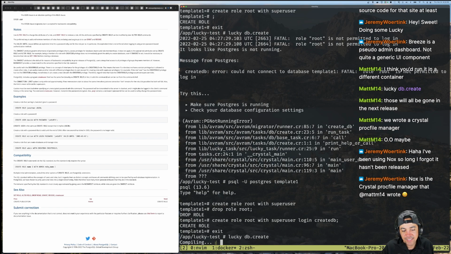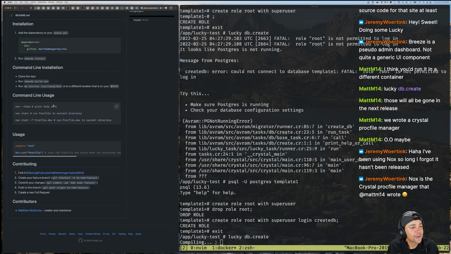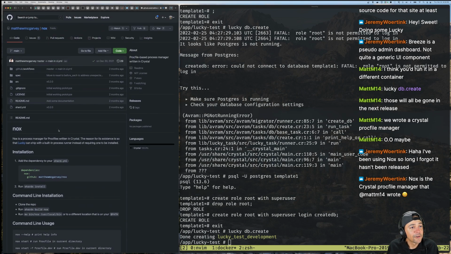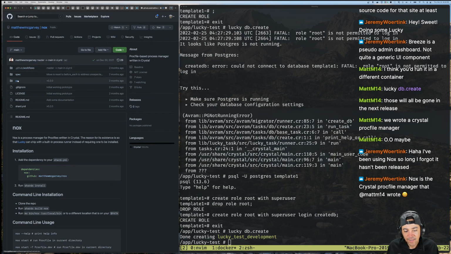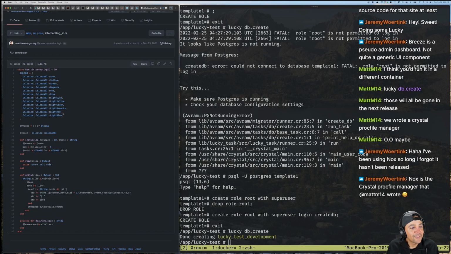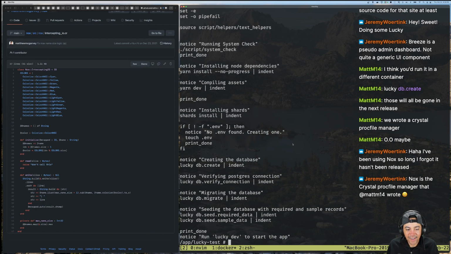Okay, all right. Let's look at Nox some more. Okay, yeah, this is cool. nox start -f with the Procfile. Pretty simple. I like it. Let's look at Matt's code and see how terrible it is. Or how good it is, actually. Probably better than mine. Way better than mine. Intercepting IO. Oh man, look at all these colors. Okay, I think I'm good. I think that's it, right?